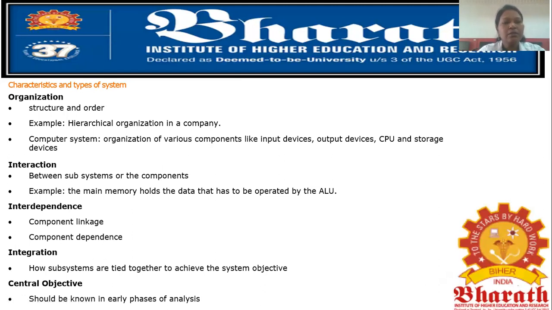Organization means you're going to define a system. For example, you're going to design a product, or you're going to implement a project. First, organization is very important. That means you're going to develop a project for some MNC. First, you have to get the hierarchy for company details, even for company employee details; you need a hierarchical order. Simply, you can't list out the employees. Hierarchy is very important. First, higher officials from top management, then the CEO level, then the manager level, then the employees. Likewise, you have to put a proper structure. That is called a hierarchical organization in a company.